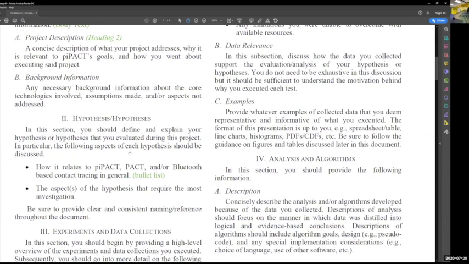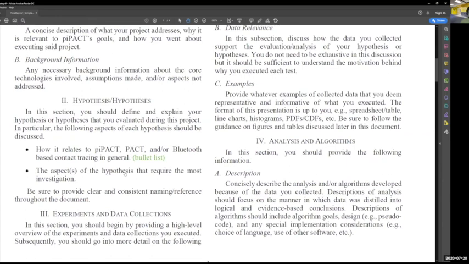All right, next section, experiments and data collection. In this section, you should begin by providing a high-level overview of the experiments and data collections you executed. I'll get to the question I was just posted in a second, once I finish this thought. So when I say high-level overview, this is as simple as just saying that